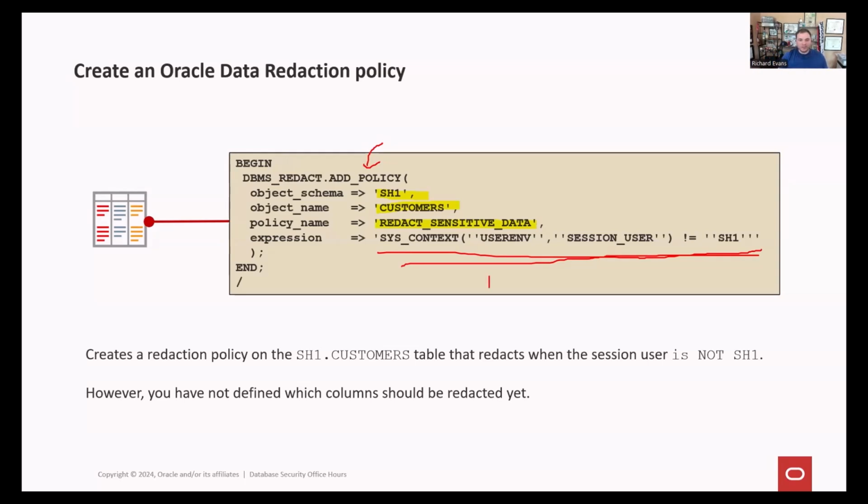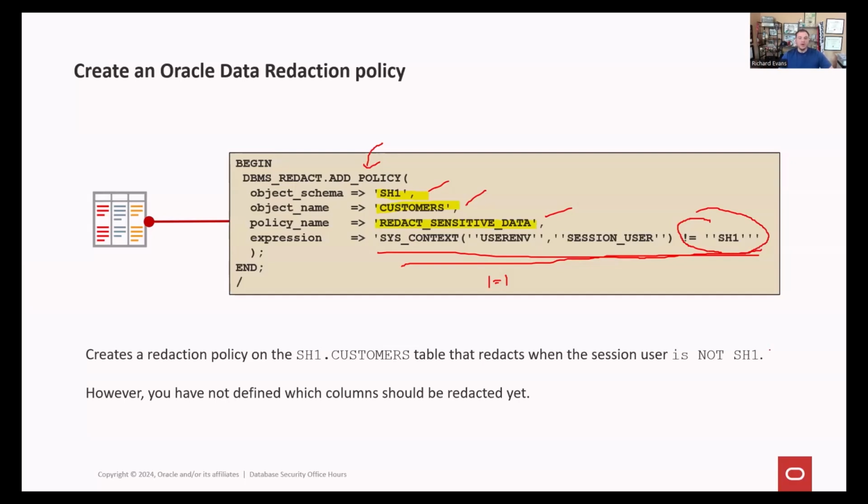In this example, when we start, we're going to say where 1 equals 1, so we can redact data for any user who queries the data who does not have that exempt redaction policy admin system privilege, right? So this is how we get started with data redaction. We create the policy, we choose the schema, we choose the table, we give it a name, and then we tell it under what conditions we're going to redact data. We're going to redact data whenever the session user is not SH1.